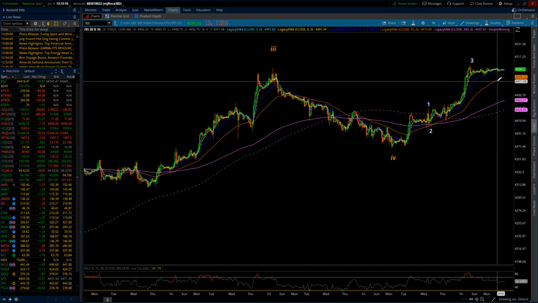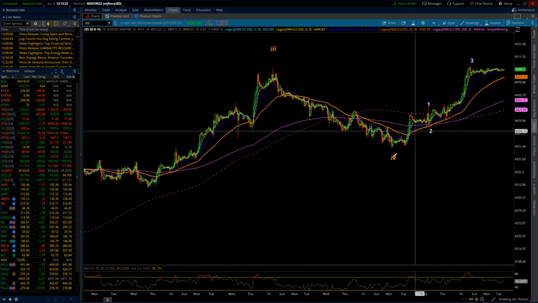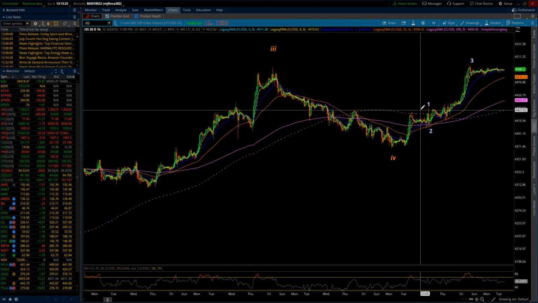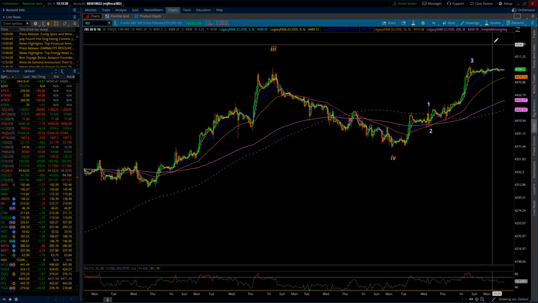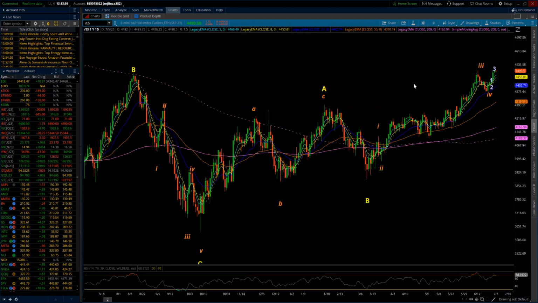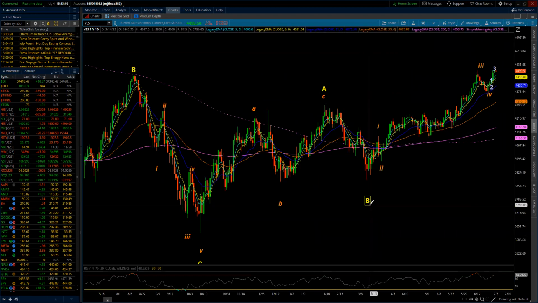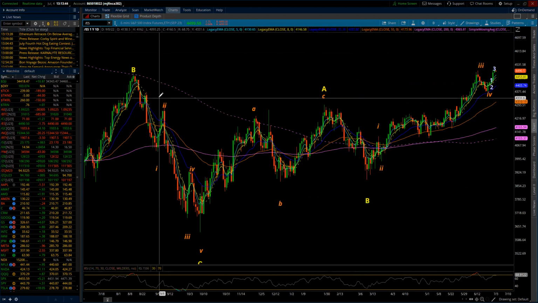Now, that does not mean that we get an immediate reversal, because I can't tell you right now where the end of 4 is, so I can't even do some basic fibs off my very near-term chart, which is the hourly chart. I don't have those numbers yet. We can start building where we believe this all will complete. I'm going to go back out to my daily chart. First thing that I want to add, let's take a look at where the C wave, the intermediate C wave, goes.